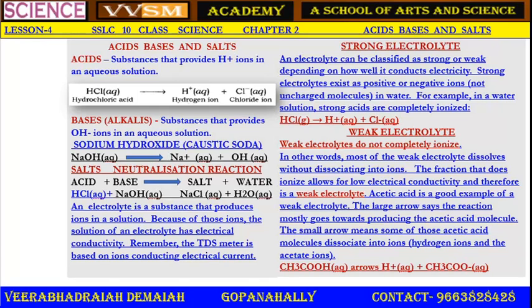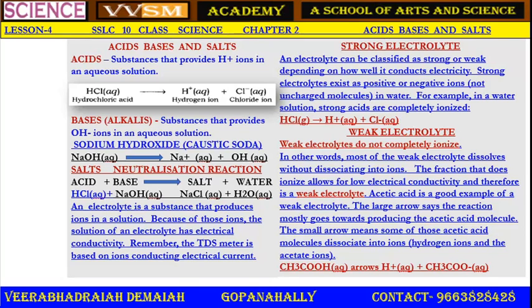This phenomenon is called neutralization reaction. Example: hydrochloric acid aqueous reacts with sodium hydroxide aqueous, giving sodium chloride, salt, and water. This is the chemical equation: HCl plus NaOH, with elimination of water, gives sodium chloride,